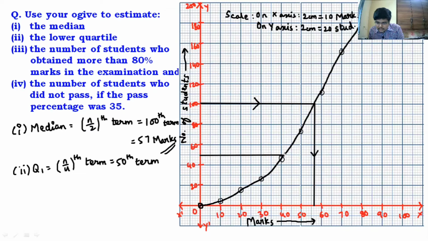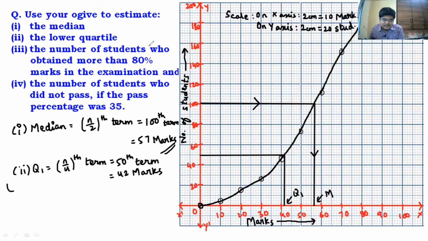See, I'm not using a scale, guys. I might not be 100% accurate. I'm still trying to be. But yes, this time I have got the right answer. So here I am getting the answer 42. This is Q1. This was median. All right. So here I'm getting 42 marks, which is the right answer. All right. So here, guys, again, if you get between 41 and 43, perfect. Bang on, 1 mark for this question and everything else is right, then 6 marks.